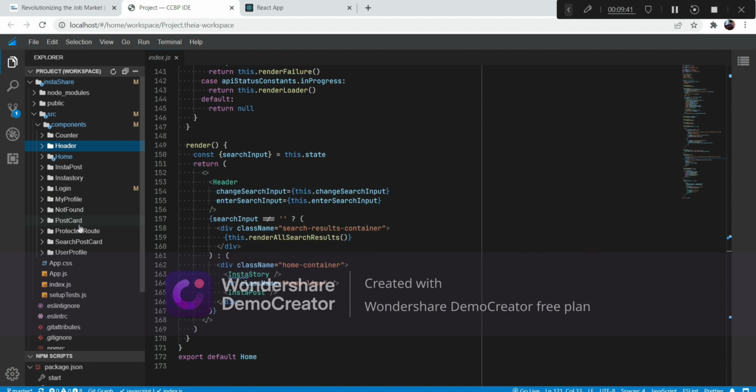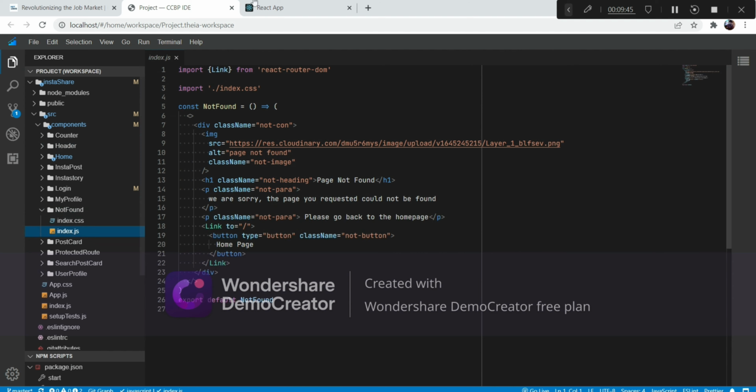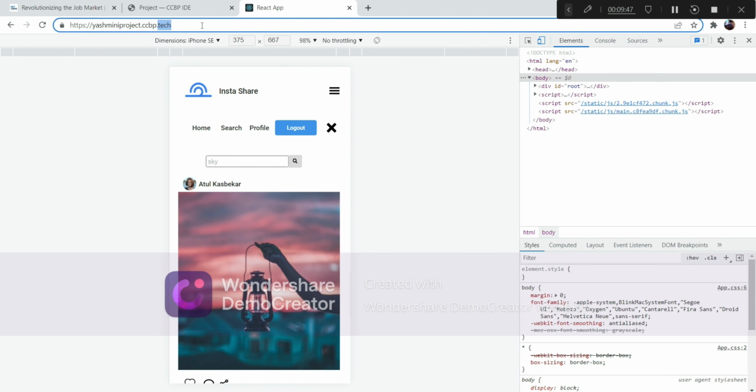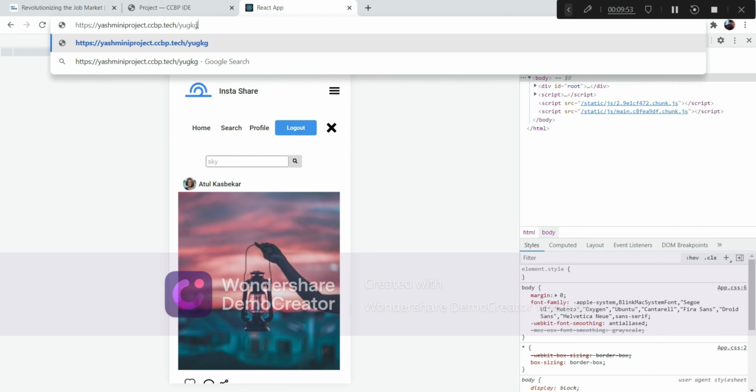One more thing I have forgotten to tell is the not found route. So here, if a user tries to enter something,